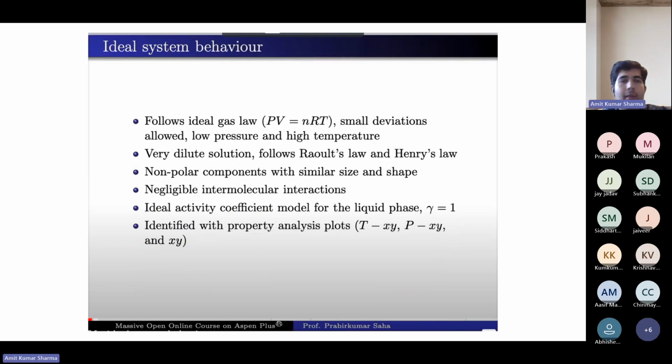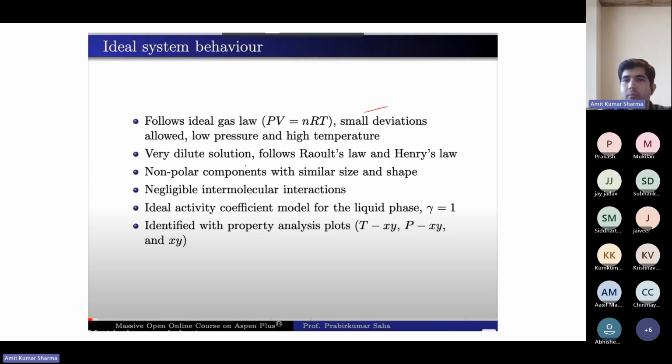Now the ideal system behavior. The ideal system follows the ideal gas law, PV equals nRT, and small deviation is allowed at low pressure and high temperature.